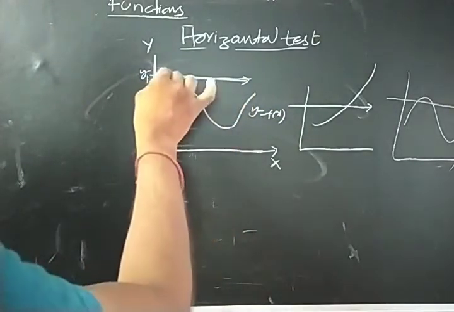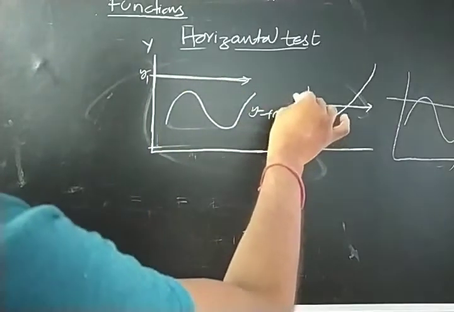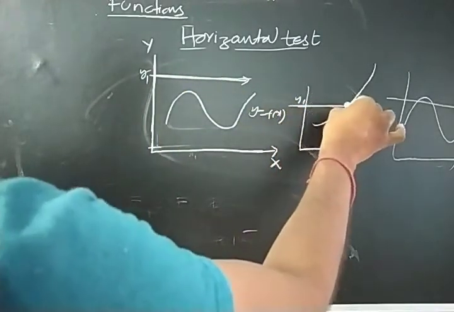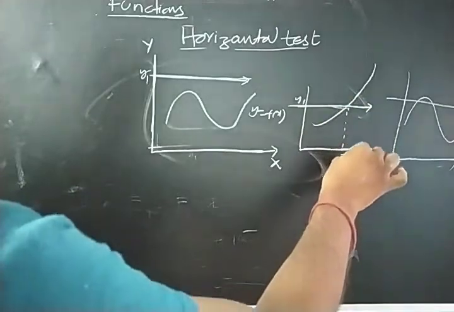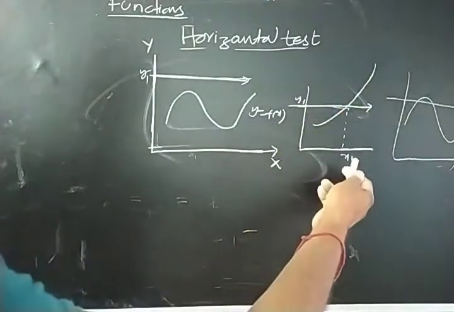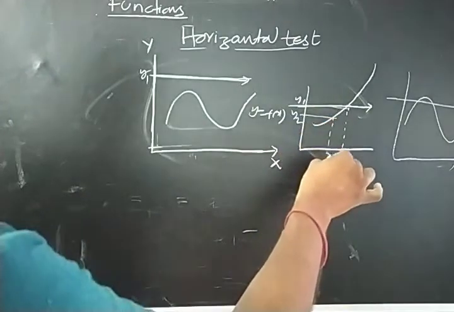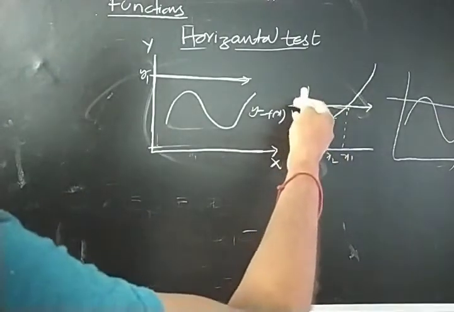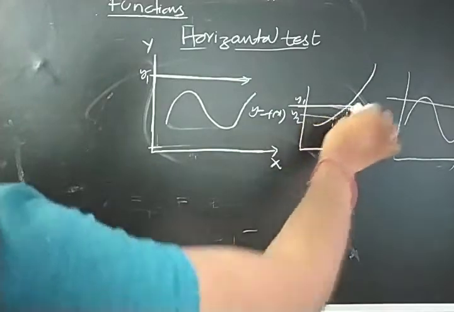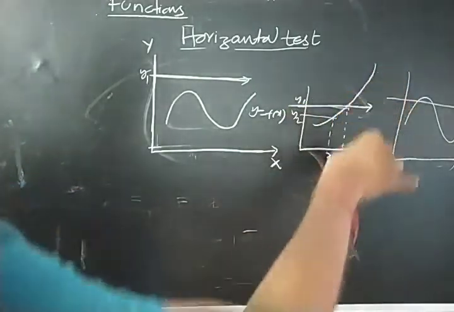Why? Because if it meets the curve, see here, through the y1 I am drawing one horizontal line. It meets the curve, so you will get some pre-image here. For y1 we have a pre-image. Suppose I am drawing y2 here. Again you will get some x2. So when the horizontal line cuts the curve, automatically you will get the pre-images.